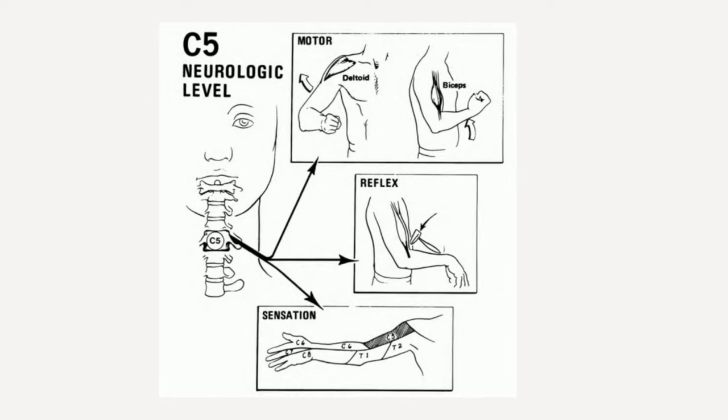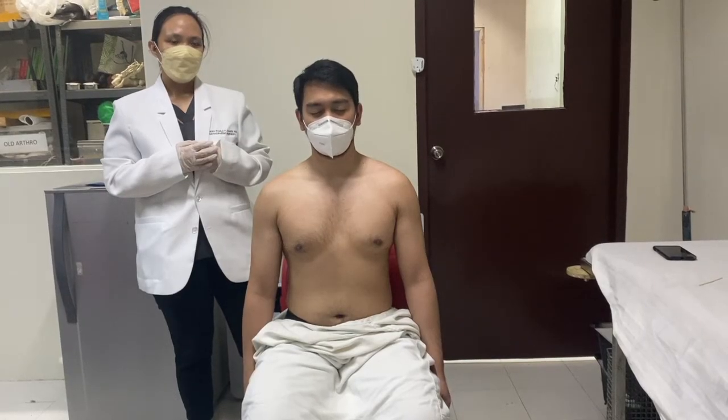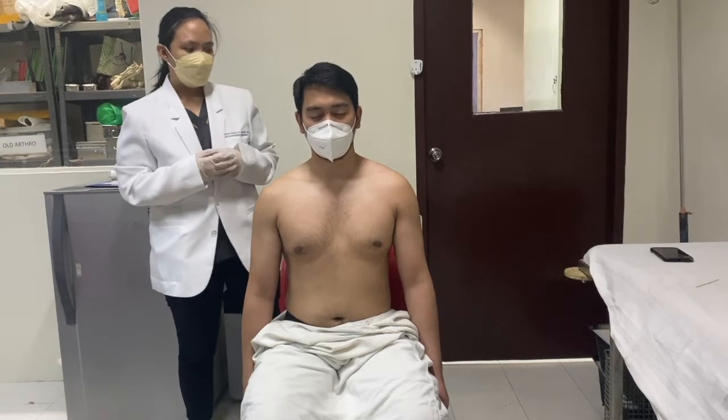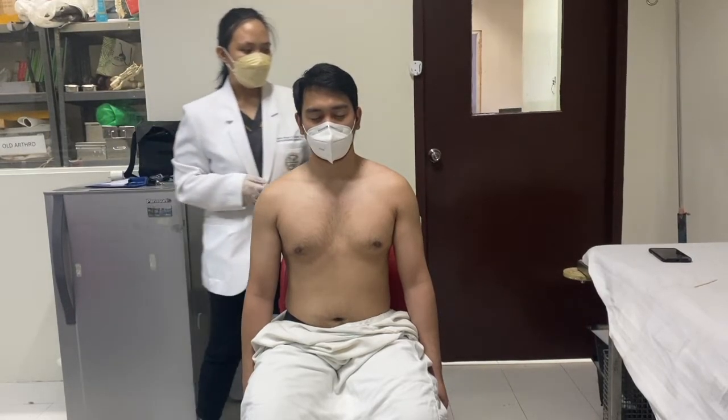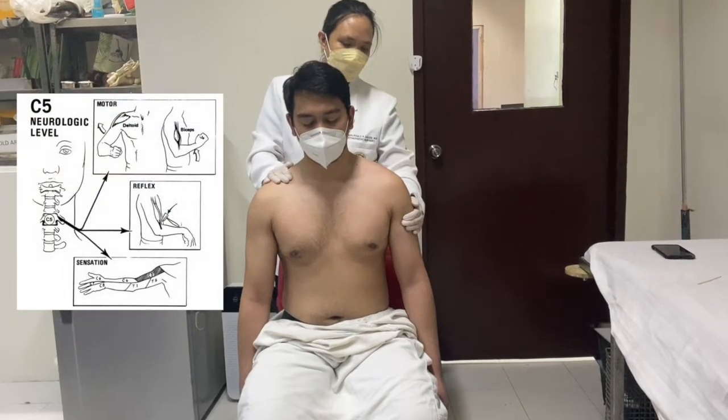C5 is best tested by the deltoid muscle. The deltoid is innervated almost entirely by C5, hence we test for shoulder abduction. To perform shoulder abduction, have the patient stand or sit with the arms resting alongside the body. To test the left shoulder, stand to the left of the patient and place your left hand on the patient's